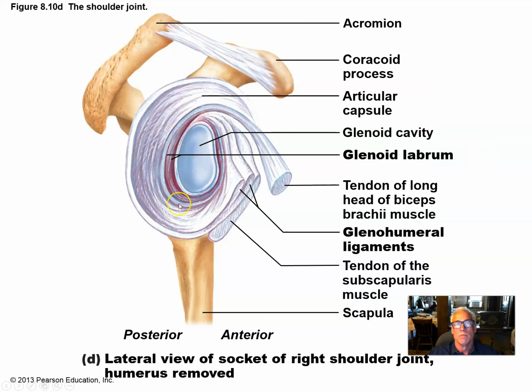Labrum, more medially, but just outside the actual joint surfaces of the two bones. Interestingly, here's the tendon of the biceps muscle, and maybe if I get a chance, I'll mention later if the picture lends itself, but it sits right in the intertubercular groove of the humerus between the greater and lesser tubercle. There's a deep groove there, and this tendon just sits right in that groove with a nice tendon sheath